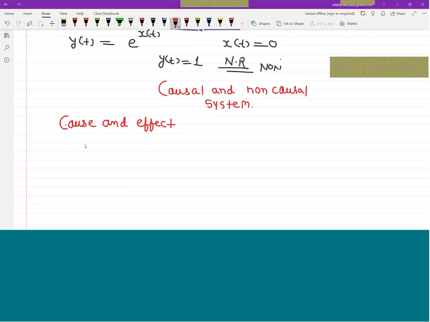A system is said to be a causal system if